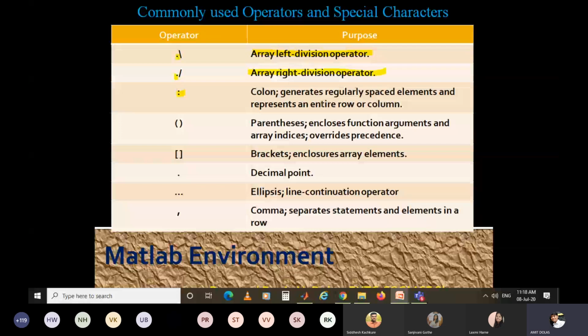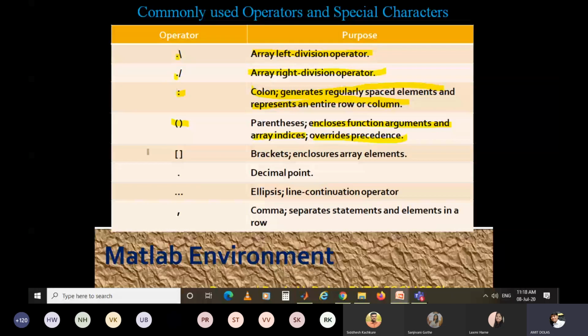Colon generates regularly spaced elements and represents an entire row or column. So colon is used for spacing certain elements. Then parentheses enclose function arguments and array indices and override precedence. We'll be using this, no worry about that.